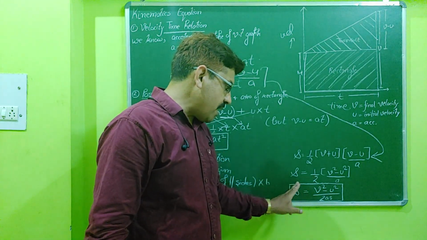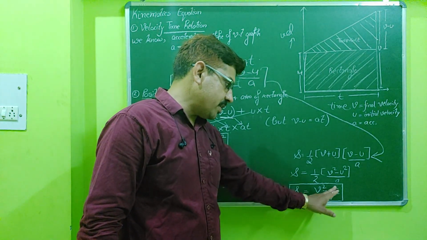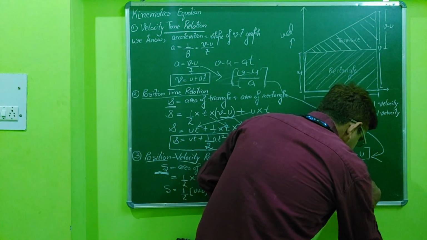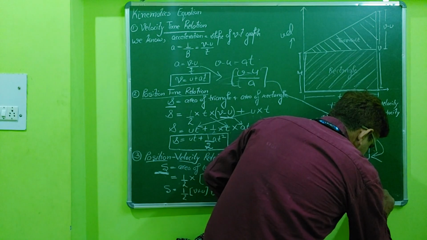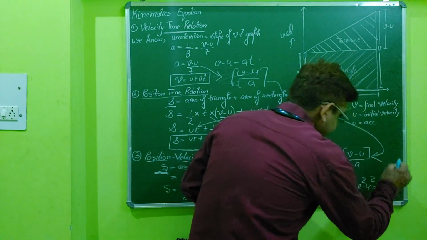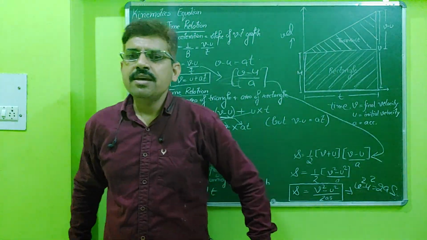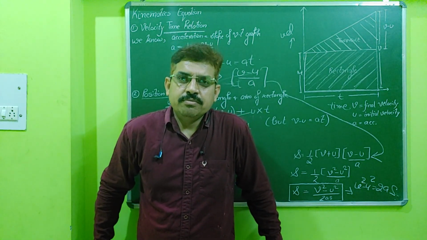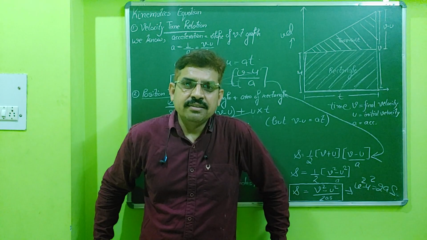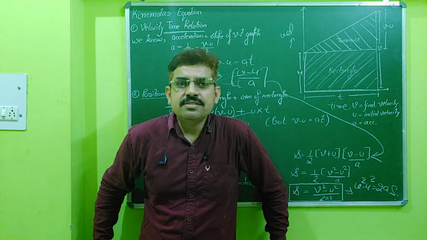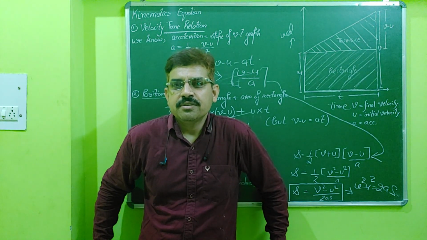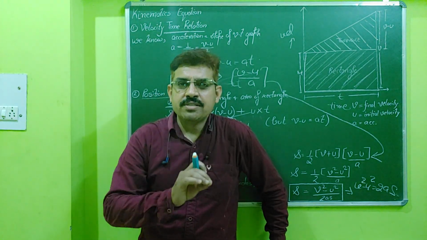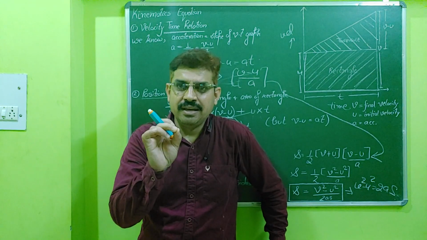So what is the formula? S is equal to V square minus U square over 2A. So this implies we can write the standard formula V square minus U square is equal to 2AS. So these are known as the three equations of motion. But I want to share with you that when we study these equations of motion, the knowledge required is slope and area.